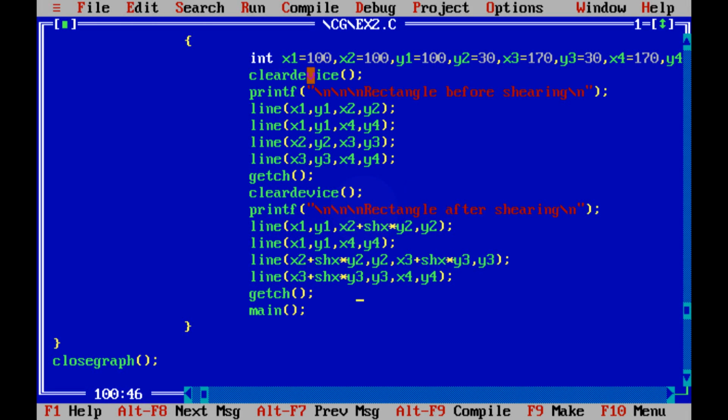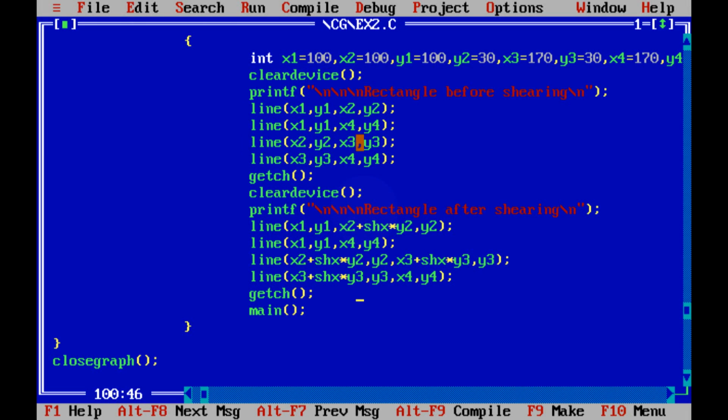Now let's get to our last 2D transformation, which is shearing. Just like our previous transformations, we are clearing the device, printing rectangle before shearing is, and then drawing a rectangle. In order to draw a rectangle using lines, we need 4 lines and 4 points. So this is the first point to second point, first point to fourth point, second point to third point, and third point to fourth point.